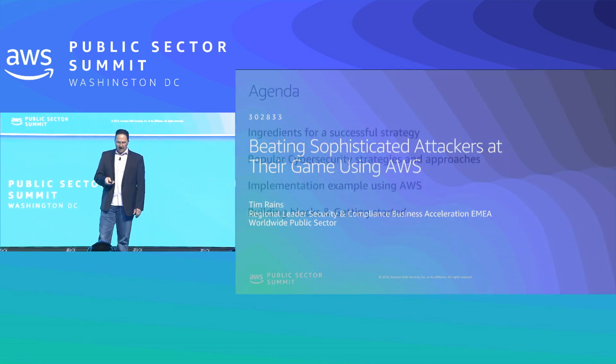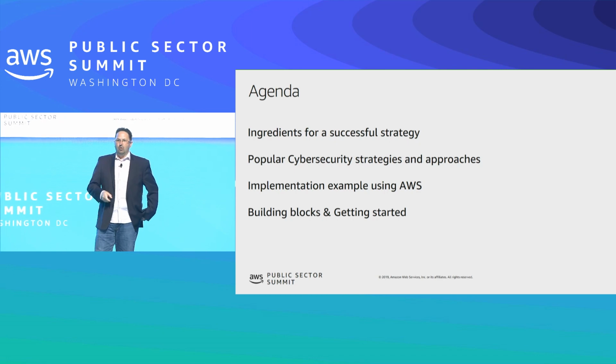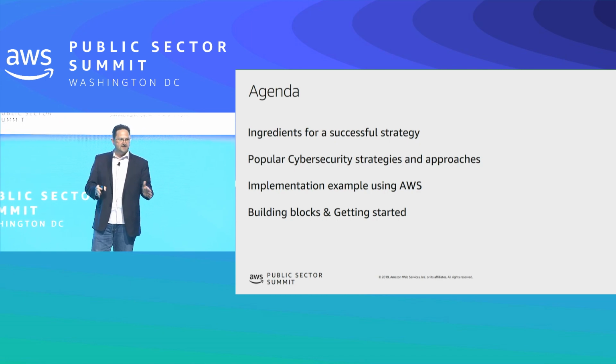All right? Okay, so I've got a ton of content here. We're gonna fly through a lot of this stuff because I do have a lot of stuff here, so I'm just gonna keep it going. And so again, we'll talk a little bit about ingredients for successful strategy. It's not all about strategy. There's a bunch of things that you actually need sort of at the management layer to make all of this stuff work. And then again, I'll walk you through a bunch of strategies, half a dozen strategies at least. And then we'll use an implementation example, the kill chain as I mentioned. And then I'll show you how to get started regardless of which one of these strategies you use or which combination of these strategies you use.